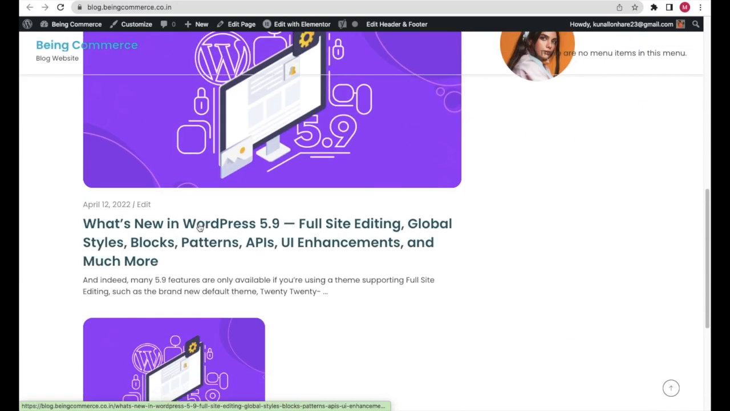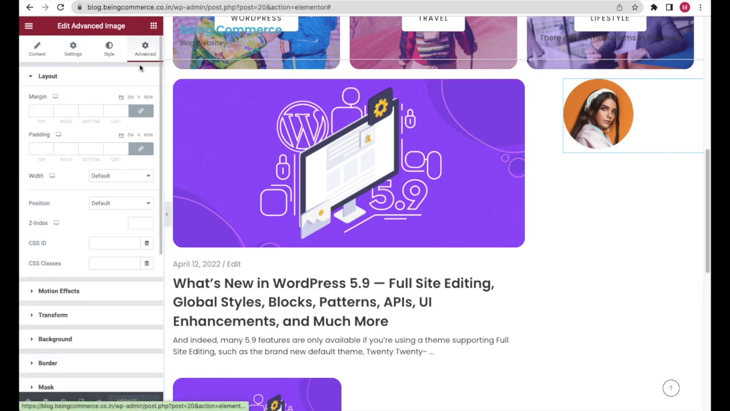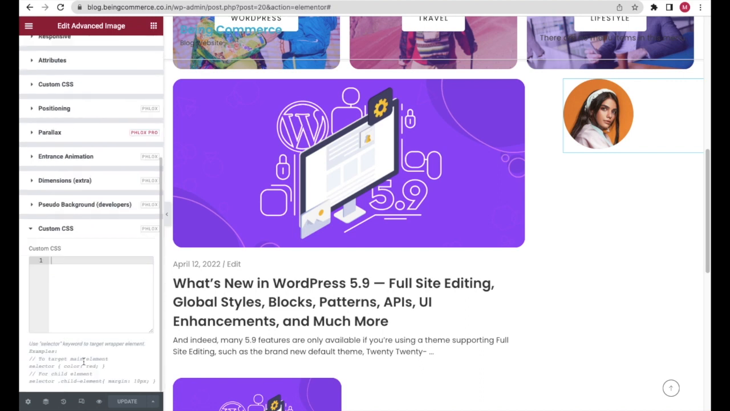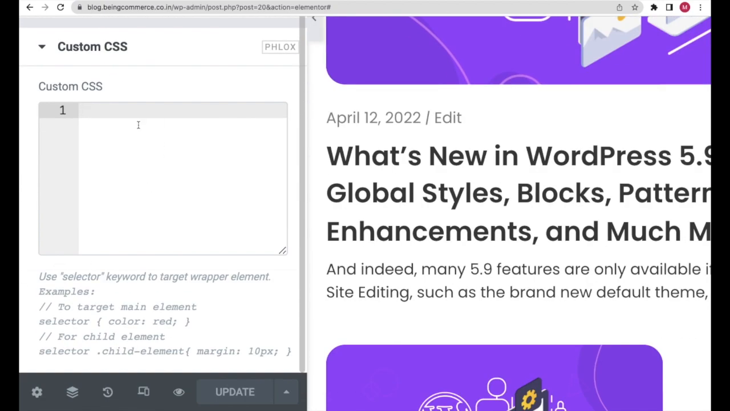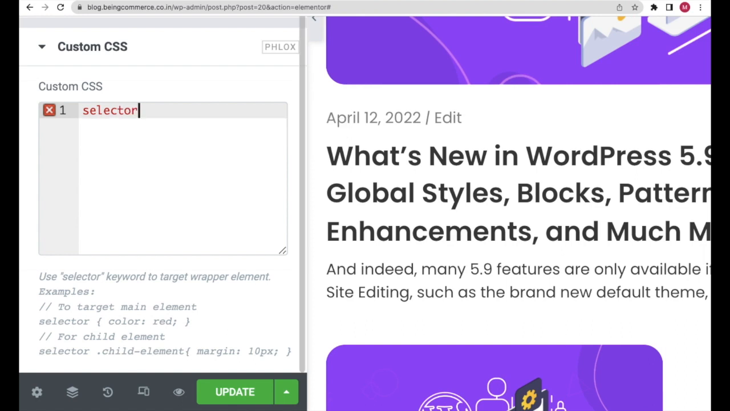Very amazing, right? So what you can do guys, you can go to Advanced, for example, and here you will see a Custom CSS option. When you select this option, you just need to write whatever I am writing here. So you can write selector dot aux dash media dash image,